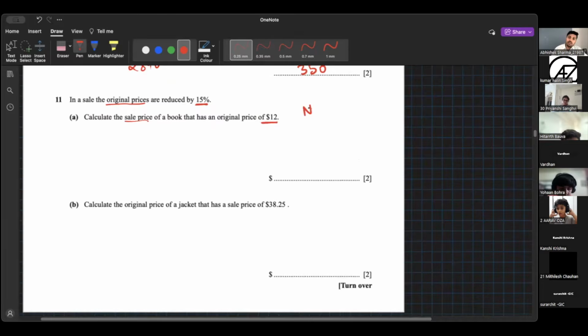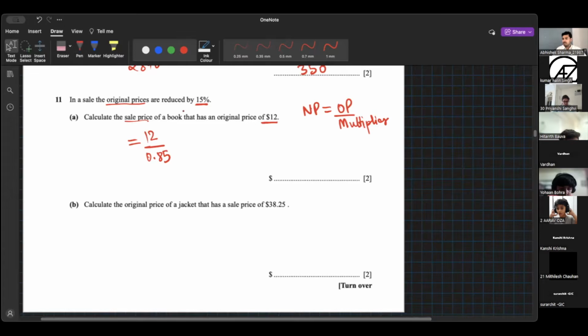So there is a formula: new price is equal to original price divided by the multiplier. So our original price is $12, divided by multiplier, which is 0.85, because it is reduced by 15%. So 12 divided by 0.85, that is,